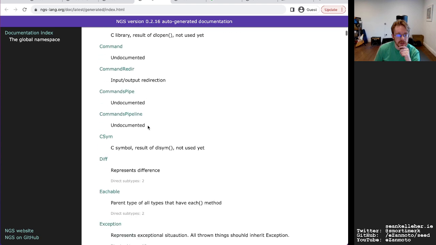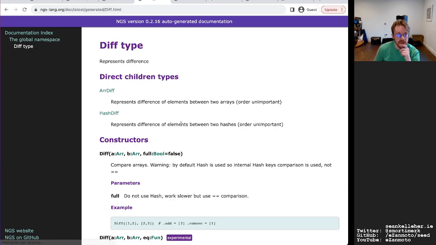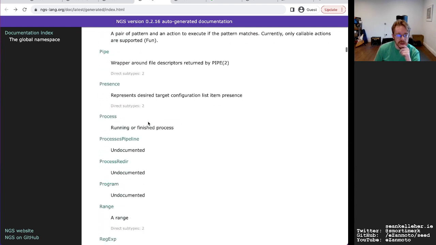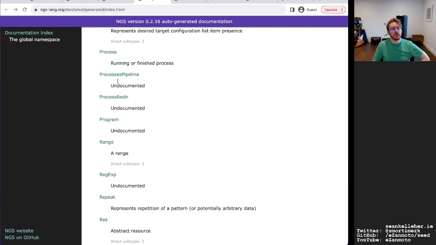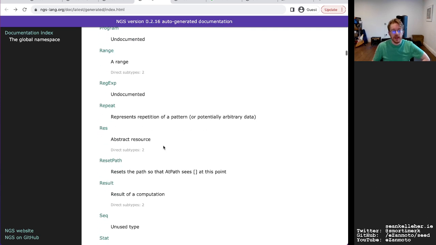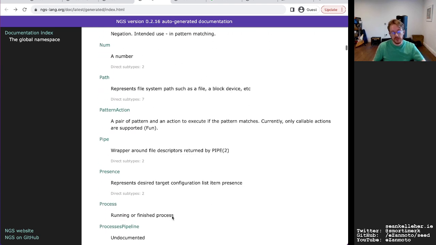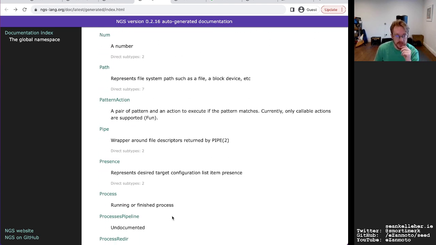There's a diff type there, I think, represents a difference. That's cool. Represents a difference of elements between two arrays. And this language is taking an interesting, well, it depends on what level these types are implemented. If they're implemented in the standard library but in the language itself, then that's a bit simpler. But if these are all implemented in the language at a lower level, then